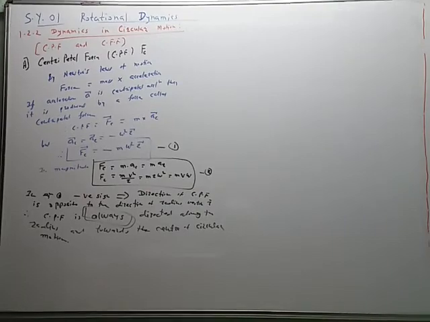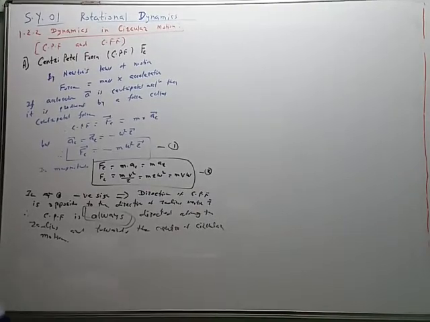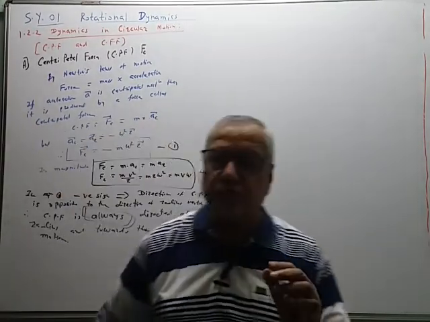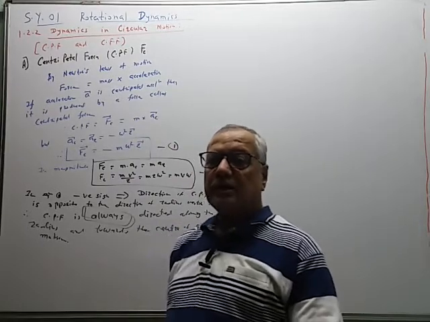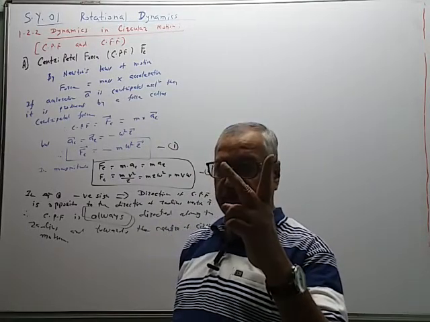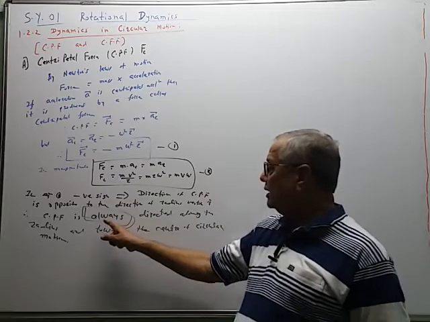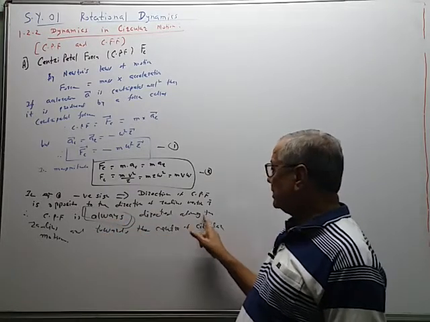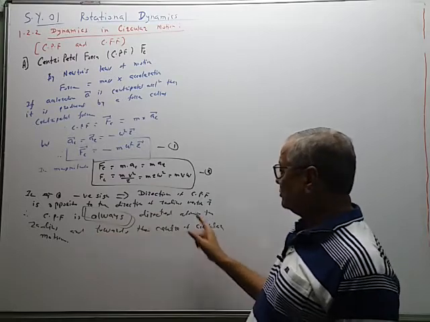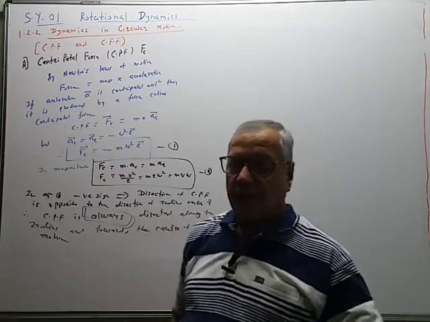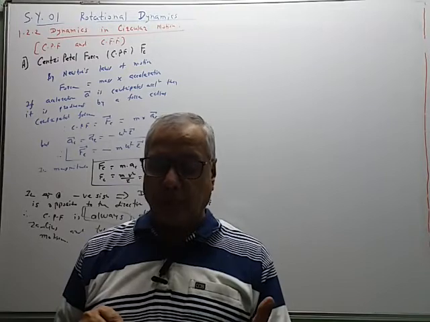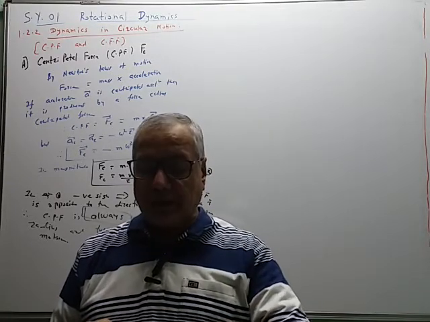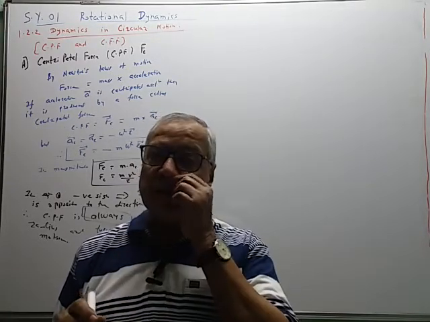Now we have to give the definition of centripetal force. So in definition we have to cover 2 points. One point we have already marked here. It is always directed along the radius and towards the center of the circle. This is one point. And what is another point? So that another point can be explained, can be considered like this.